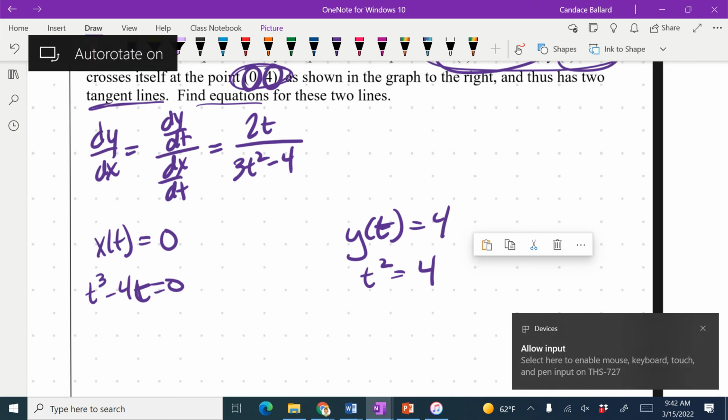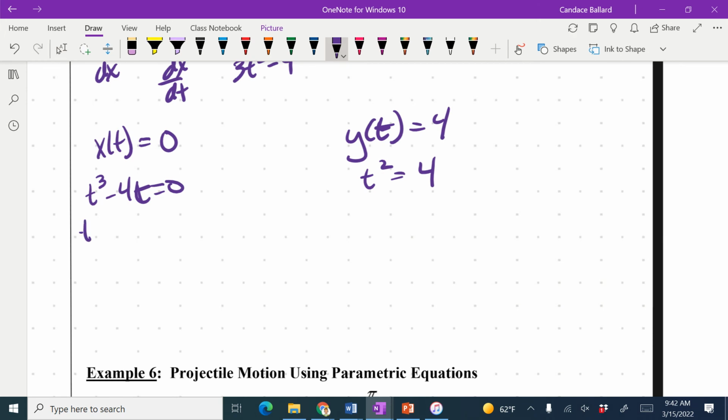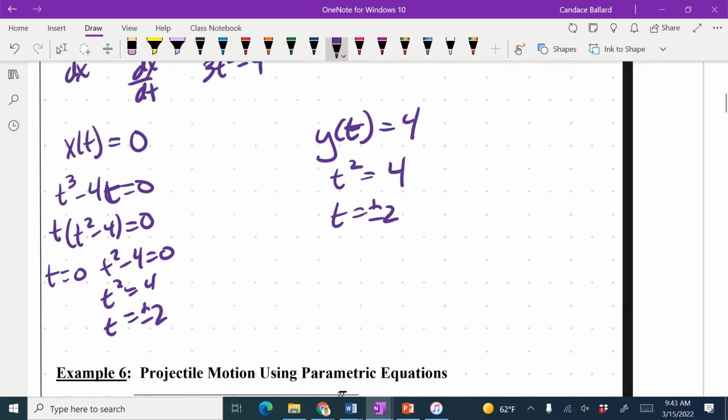Okay, it should be coming back. Okay. Let's take a look at